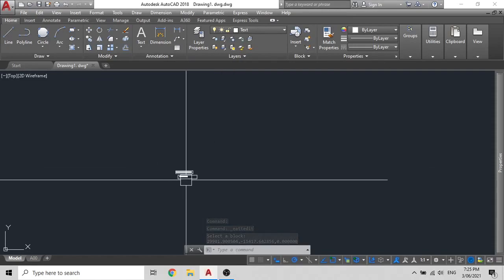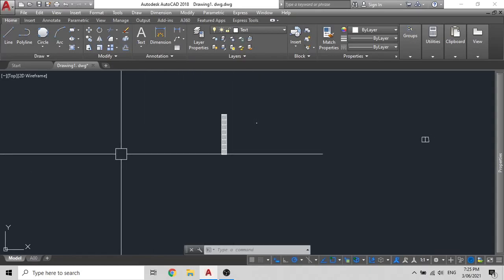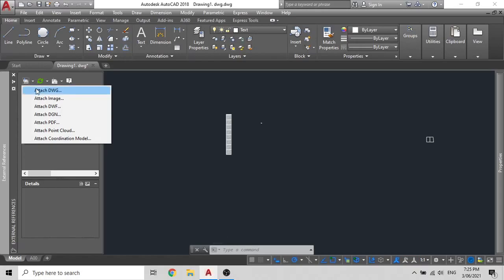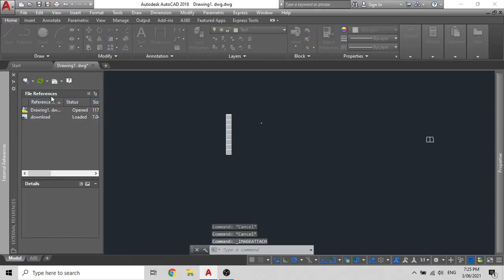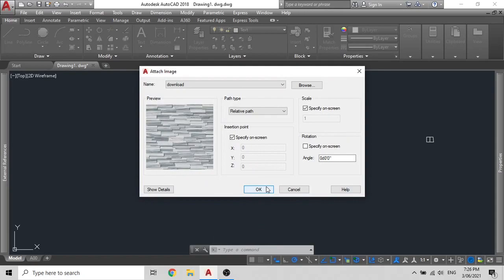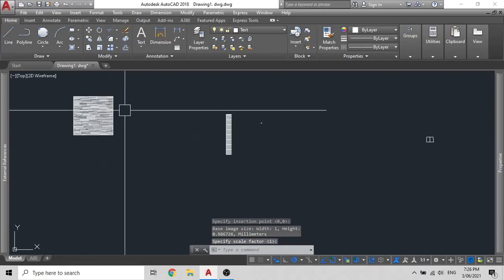Now, another cool feature about AutoCAD is the external referencing. What you can do is you can external reference several things into this file. You don't really have to make changes to a lot of things. So to do an external reference, you type XR for external reference, press enter. It will bring you this window. And what you can do is, from this drop down arrow, you can attach whatever you wish to attach in here. So if I wish to attach, let's just say we'll attach an image, and click on OK. And I'll just use this image again. Click on OK. Everything to be specified on screen, and you can set this up however you wish to.